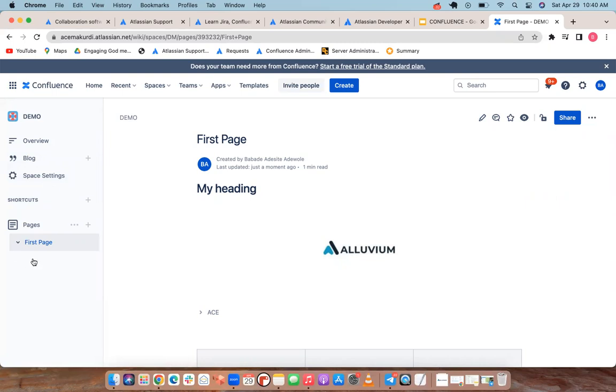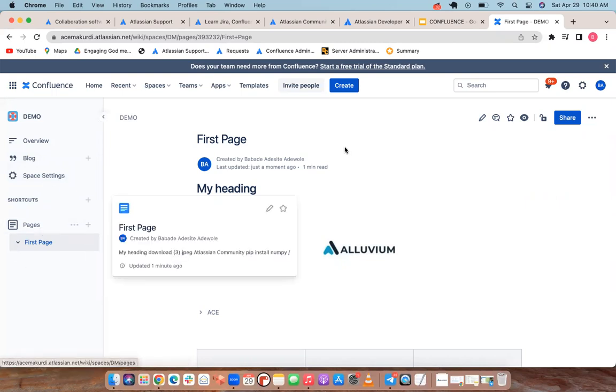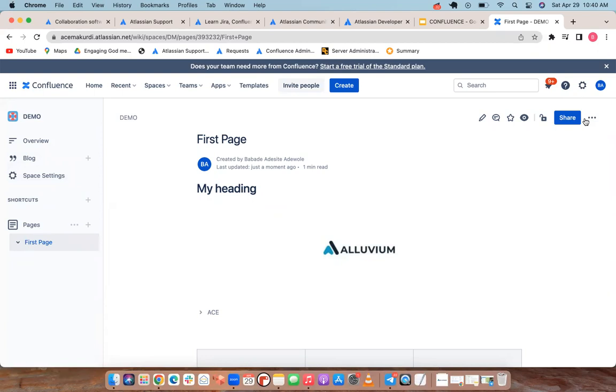Page permissions is really straightforward. You can restrict those who have access to your page using a feature we call page restrictions. There's a button here that looks like a padlock at the top right corner of your screen. From here, you can